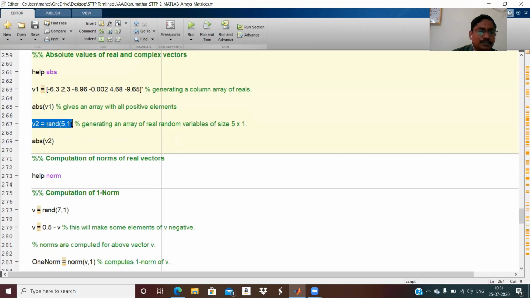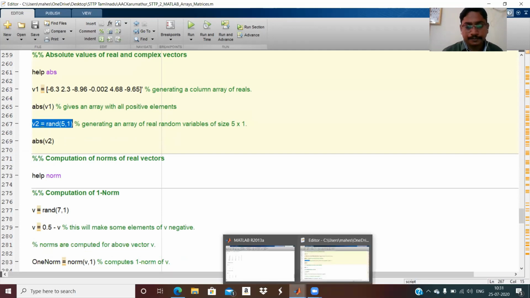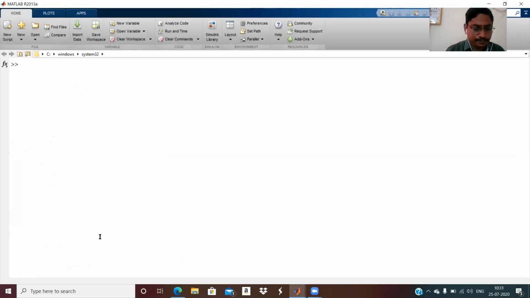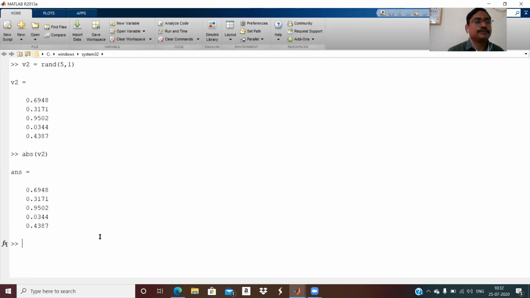Suppose I take a randomly generated matrix, and see what is ABS of V1, V2. The absolute value of the corresponding entry is found. There is no minus sign there.